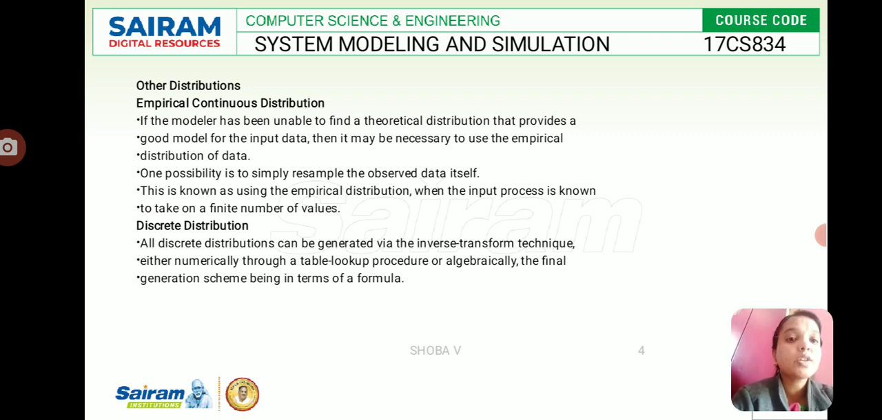The final generation scheme has a formula where we can go for summation 1 by n. It covers both the empirical distributions and 2 of the standard distributions, along with the geometric one. Here we have highly efficient table lookup procedures for these and other distributions. So when we are talking about empirical continuous distributions, at the end of the day, at the